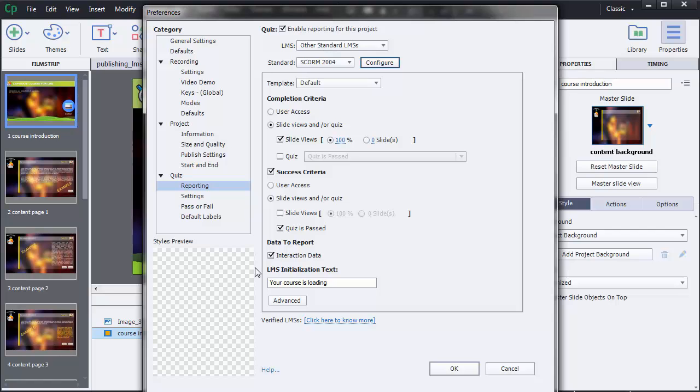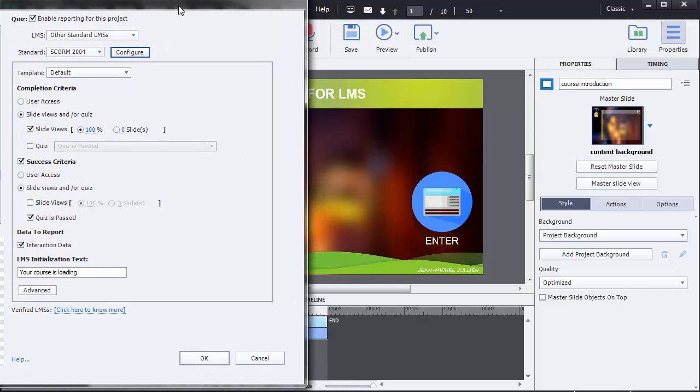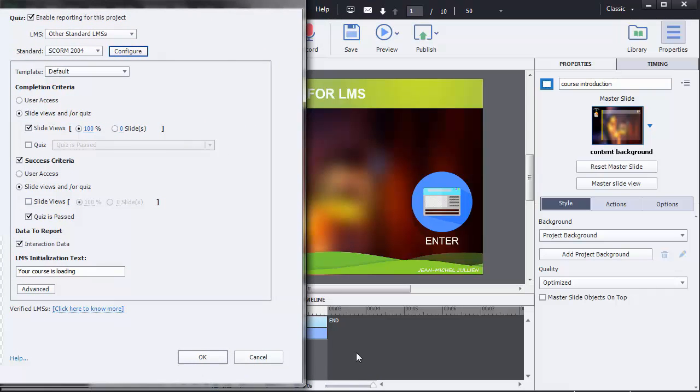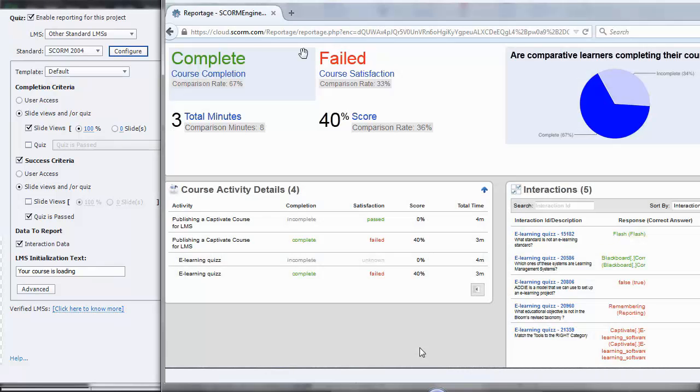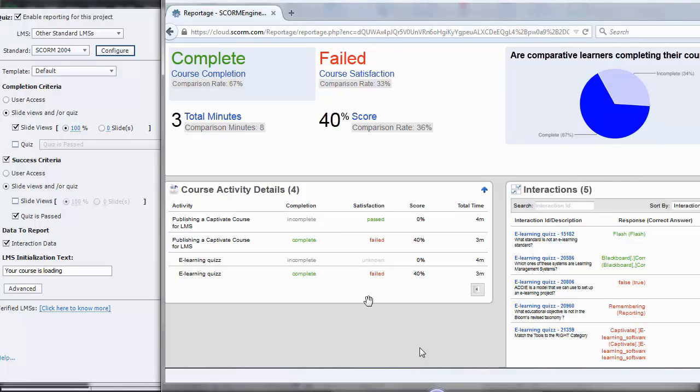For people who don't know what we are talking about, here is an example of a report that we can get in an LMS after a course performed by a trainee. We have a criteria of completion, complete or incomplete.